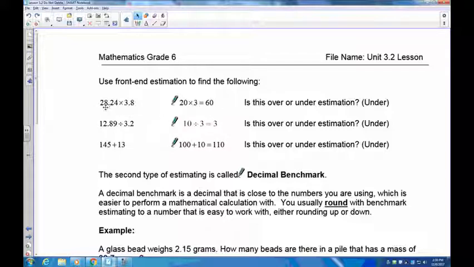Because we round downwards using front-end estimation, there is a significant difference in our estimate and what we're going to use. So this is a situation where you would never want to use front-end estimating, because 28 should not be dropped down to 20. You should take 28 to 30. And 3 and 8 tenths should never be taken to a 3. It's too close to 4. So this should have been 30 times 4. Now, 30 times 4 is 120. That's a big difference between 60 and 120. So this is where we have to introduce the other types of